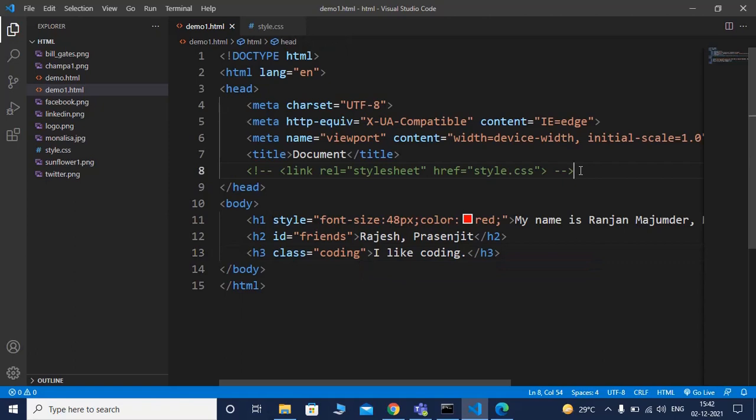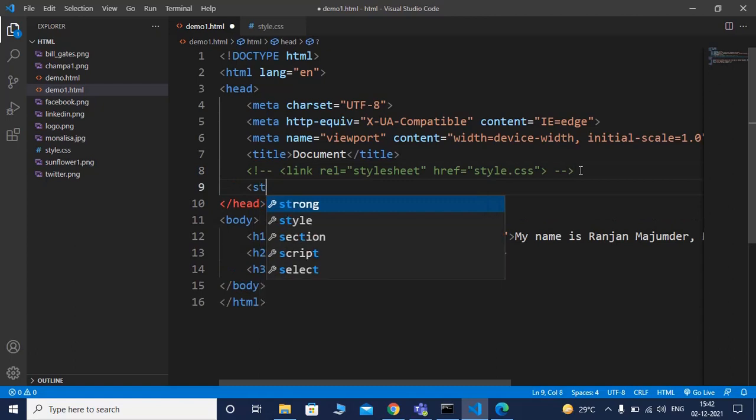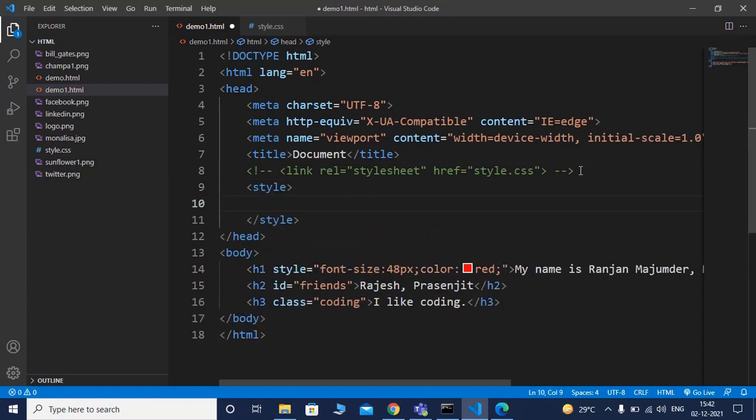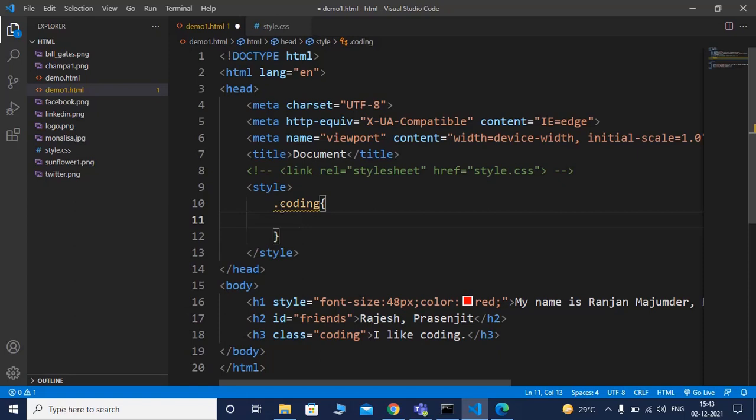A developer has to keep in mind that in case of embedded CSS, the developer must write style within the head tag. Here I am using the style element, and coding is now a class. So coding must start with the dot symbol.